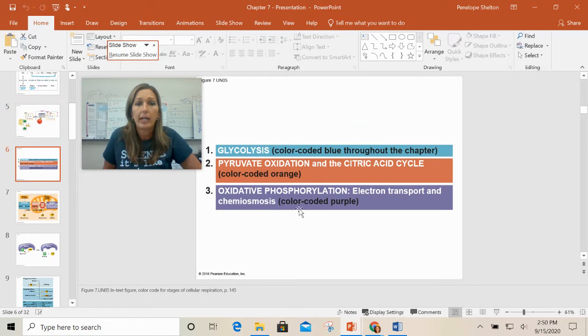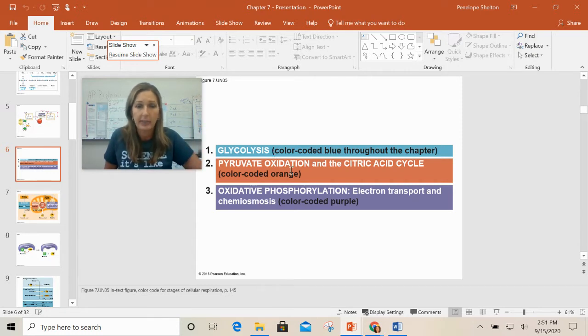Now, our book actually talks about aerobic respiration in 3 steps. We'll actually break this step down. So glycolysis being the first step. Glycolysis is actually an anaerobic process. It's part of fermentation, and it's also part of aerobic respiration. Glycolysis is this step of cellular respiration where basically glucose is getting split in half into 2 pyruvates. It does generate ATP, but it does not require any special structure. It happens in the cytosol of the cell,